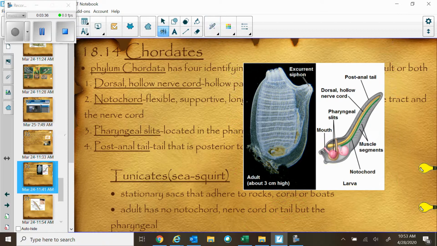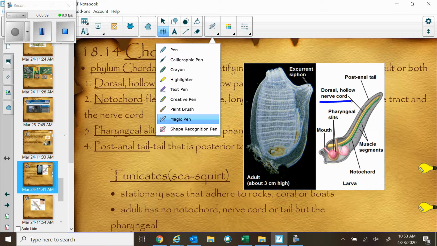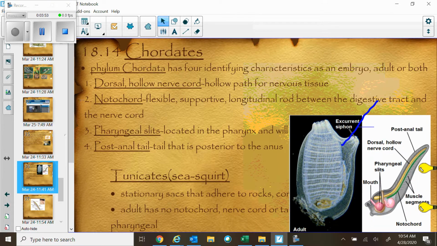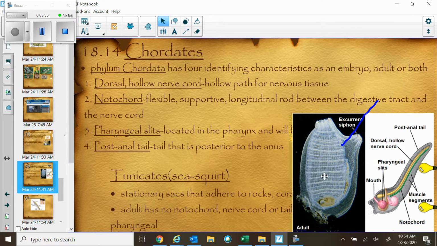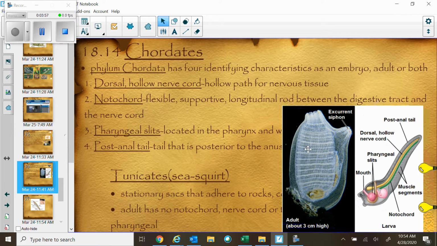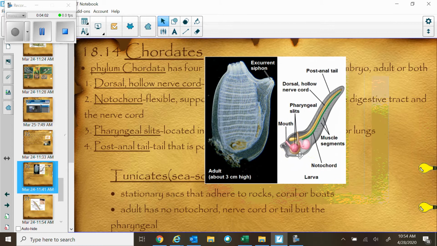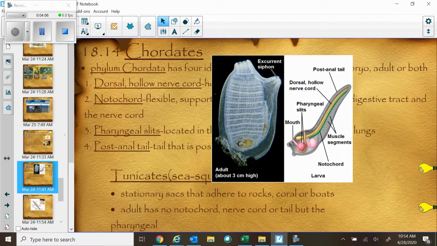I'm going to toggle back and forth a bunch here. Dorsal hollow nerve cord, that's the yellow stripe. That's where the nervous tissue is going to go. Then we can talk about the notochord, which is ultimately going to become the bone in us that supports us. Toggle back and forth, go away, dissolve. Flexible, supportive, longitudinal rod. This little basic body plan that we're looking at here is a larval stage of tunicates